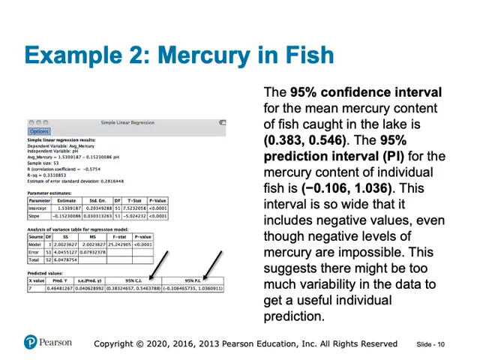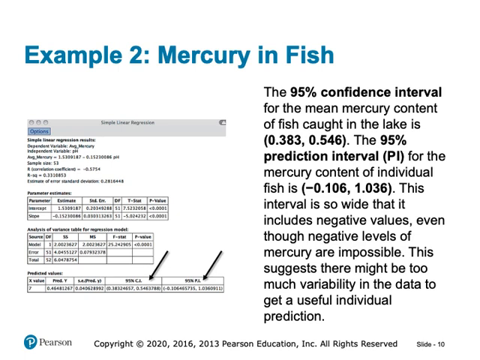Let's take a closer look at an example to understand the practical application of confidence intervals and prediction intervals in a real-world scenario. This example continues our analysis of mercury levels in fish, but now we're applying these concepts to make meaningful statistical inferences. Here, we see two types of intervals based on our regression analysis. 1. 95% confidence interval for the mean mercury content. The 95% confidence interval for the mean mercury content of fish caught in the lake is given as